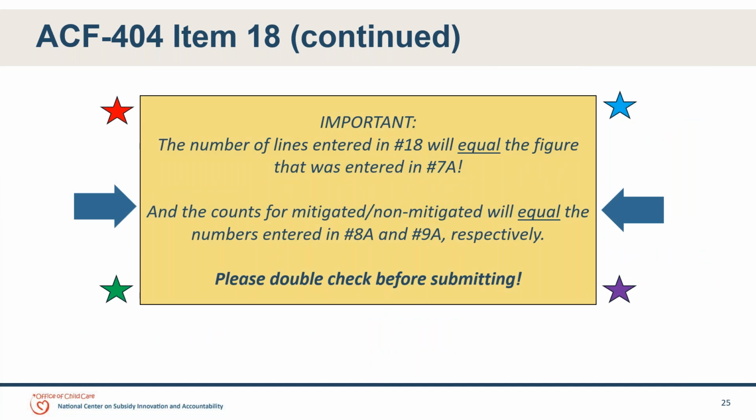All right, before we move on to item 19, I want to draw your attention to this big yellow box here. Please double check to make sure that all of your MID potential improper payment errors are included in item 18. The number of lines that you enter here should equal whatever figure you entered back in item 7A. So 7A,